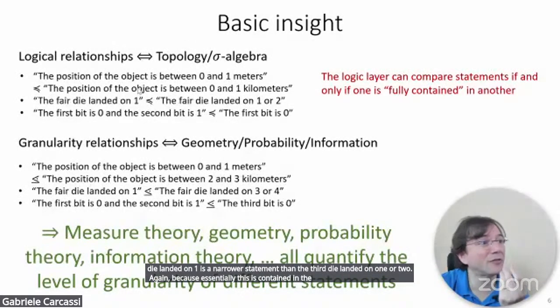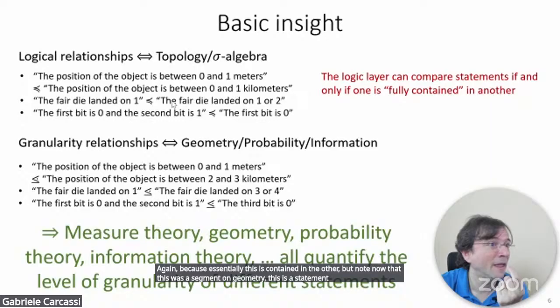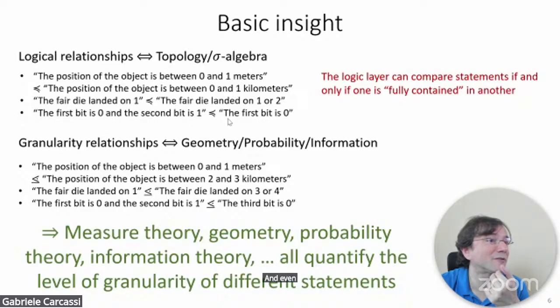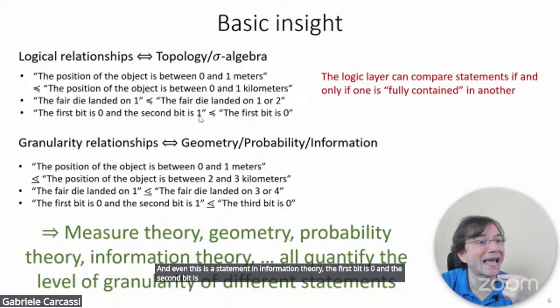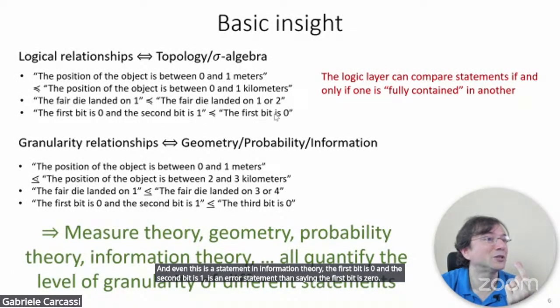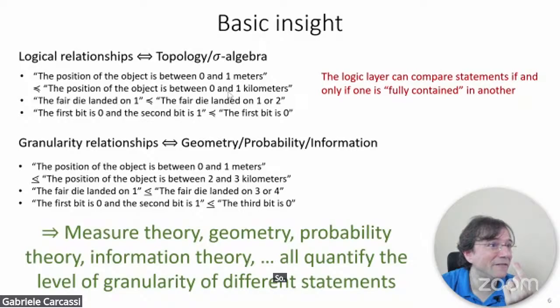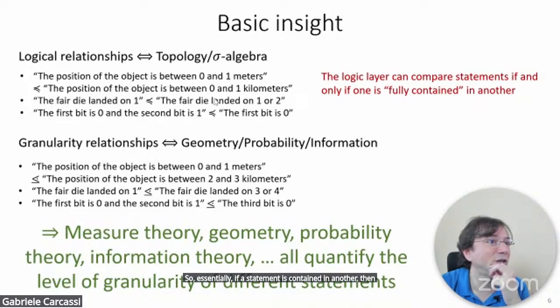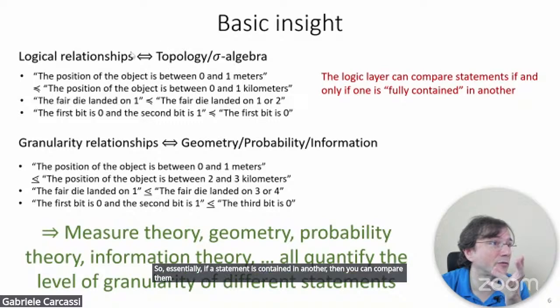But note now that this was a statement on geometry. This is a statement in probability. And even this is a statement in information theory. "The first bit is 0 and the second bit is 1" is a narrower statement than saying "the first bit is 0." So essentially, if a statement is contained in another, then you can compare them through the logic relationship,